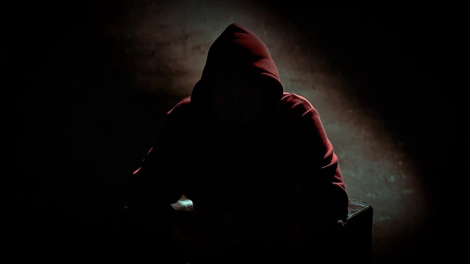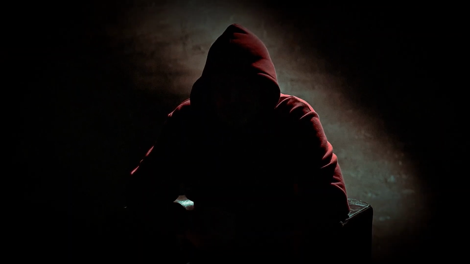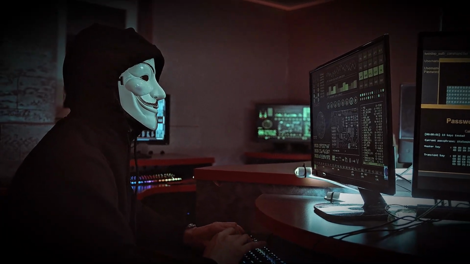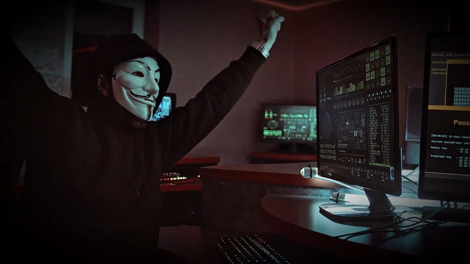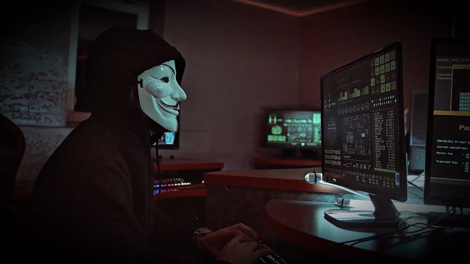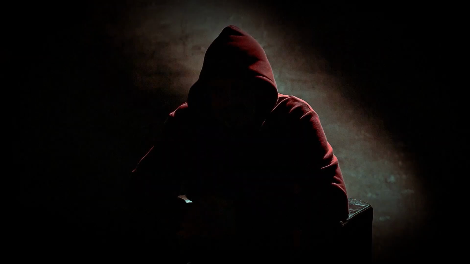Now, here's the big question. Why do we need to understand every aspect of installing Windows? The answer is simple. That's exactly what hackers and cybersecurity professionals do. A hacker might tamper with installation files to insert malware. A cybersecurity expert might verify the digital signature to make sure the ISO isn't compromised. So here, a hacker plays the role of intelligence, and a cybersecurity expert plays the role of counterintelligence.